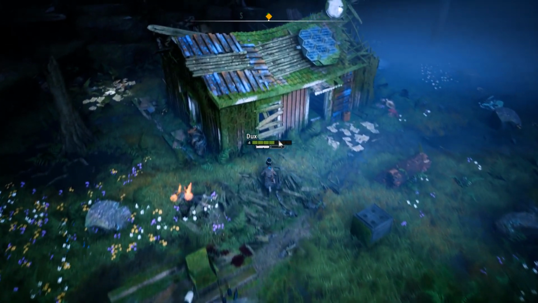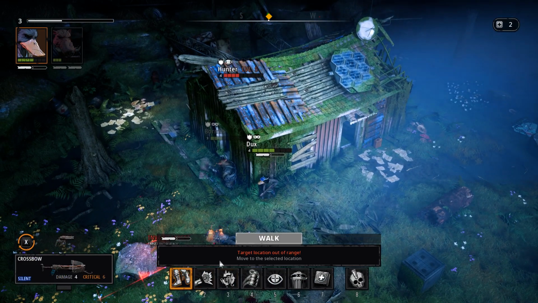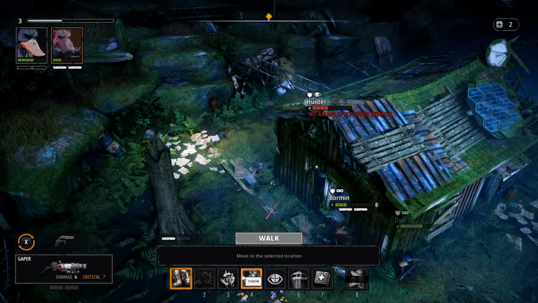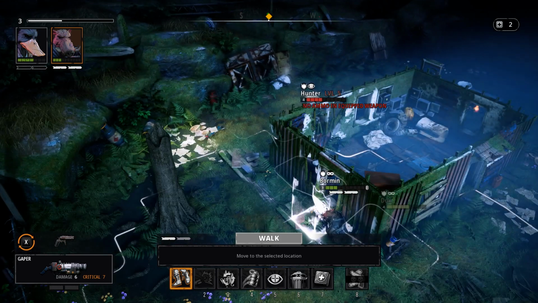Let's move you up. You're not going to expose yourself, which is quite nice. Let's swap back on over to the crossbow, and then let's reload. Borman, on the other hand. No ammo in the equipped weapon. That is somewhat of a bummer. He is going to open himself up to...